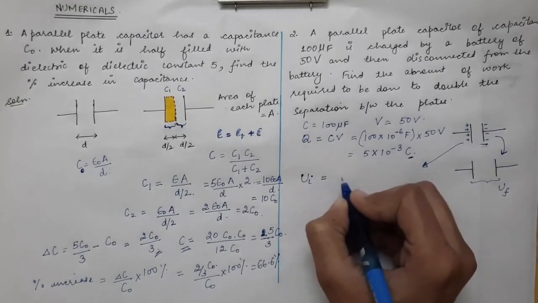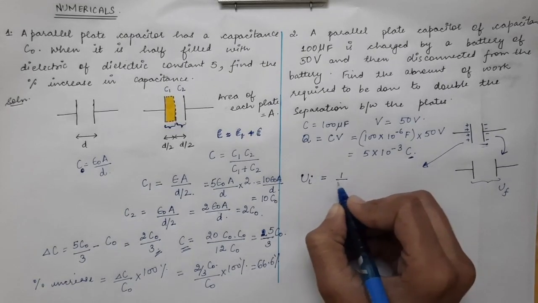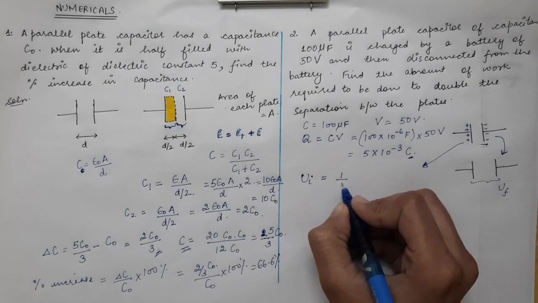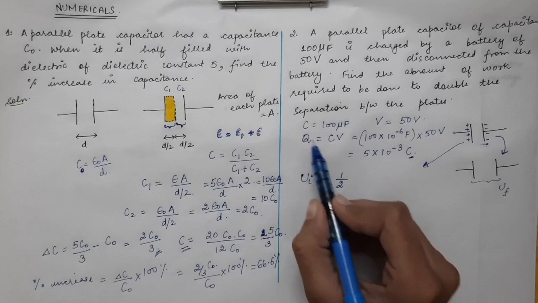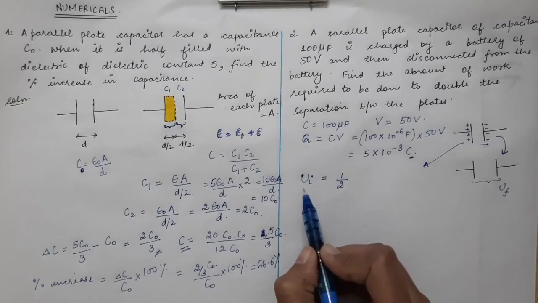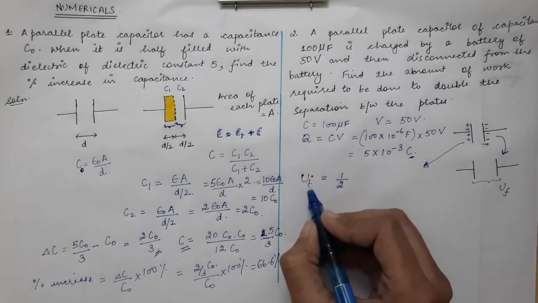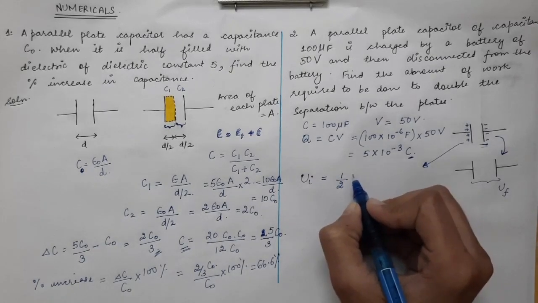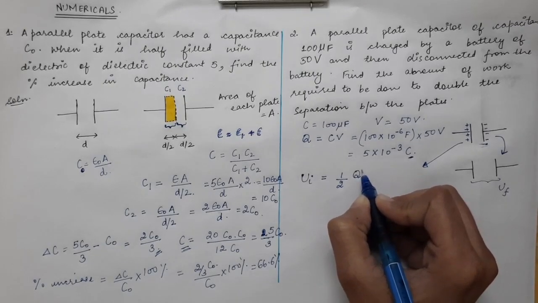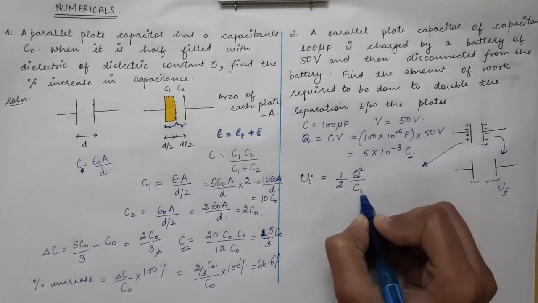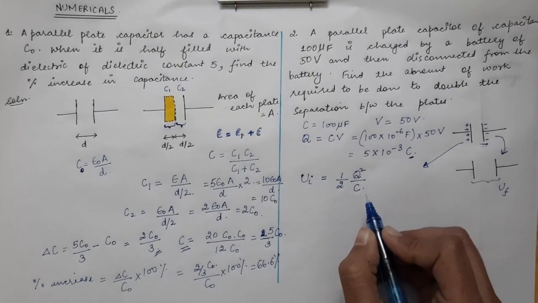So that is equal to, we already know the formula of the potential energy stored in the capacitor, and that is half times CV square. But over here the only thing which is constant is charge. So we are using the formula of potential energy in terms of charge. So in terms of charge, what is the potential energy stored in a capacitor? It is equal to half into Q square divided by C. So this is the formula of potential energy stored in a capacitor.